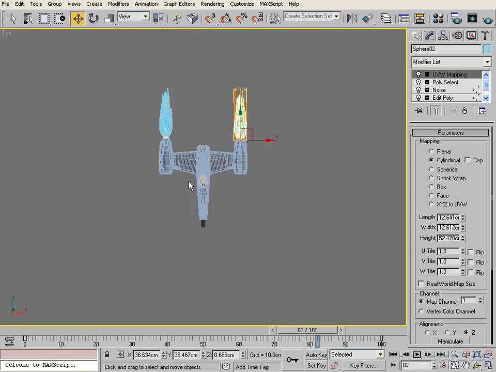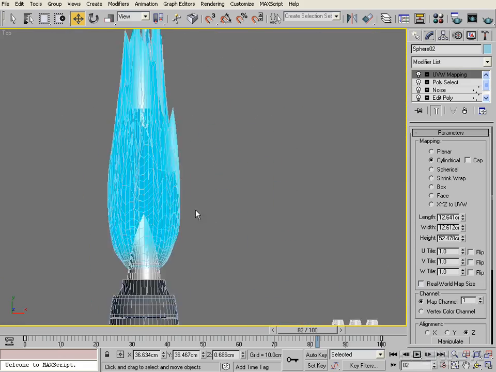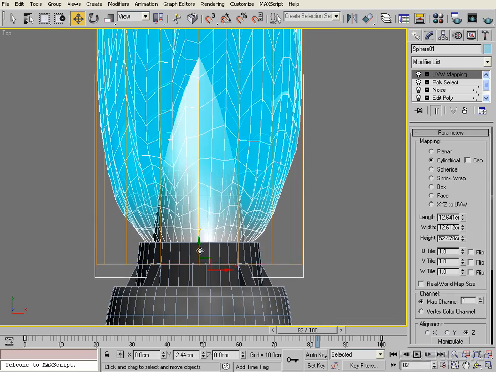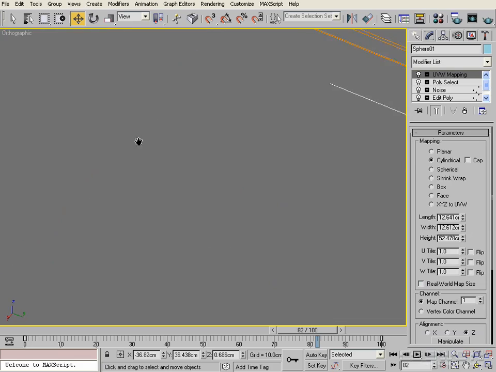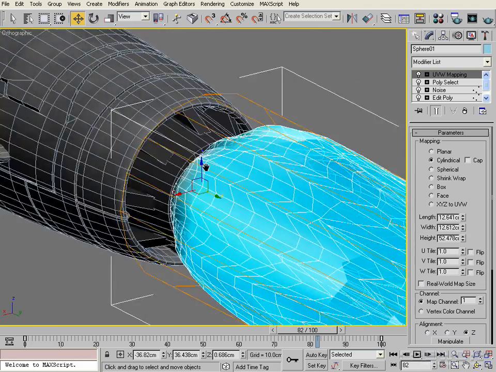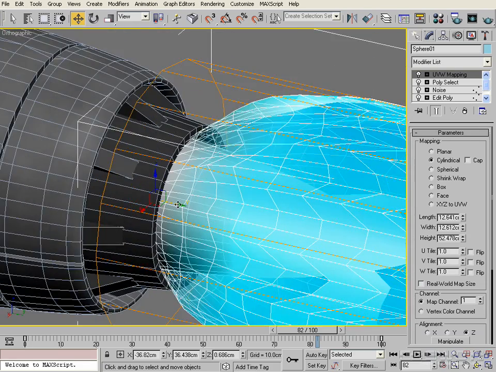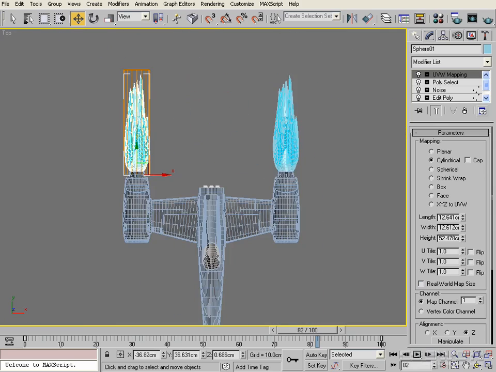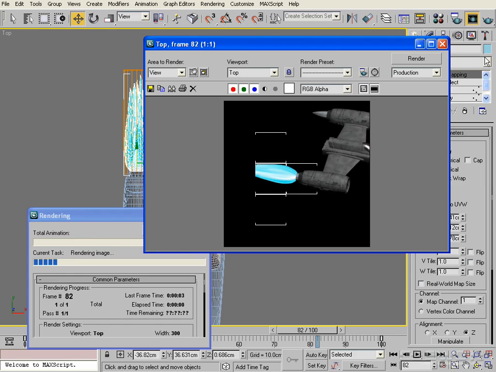That's probably it there, and we'll just go to a top view and make sure the other one is the same. Yeah, and it is. It's a little bit too far forward. I'm just going to bring that back and line that up, and that looks good. Now we'll go to a top view, and then straight away if I render that, you'll see that